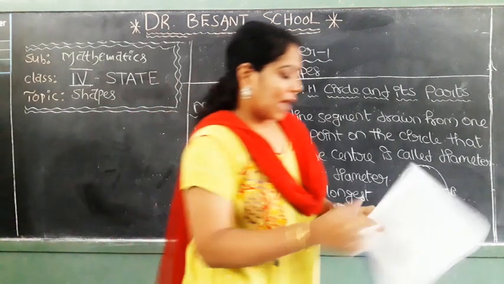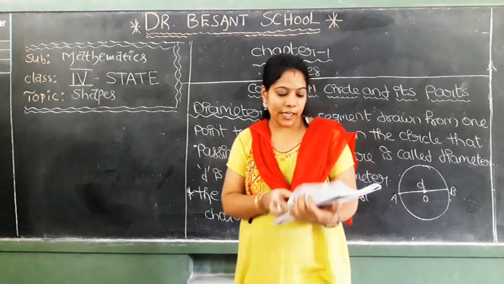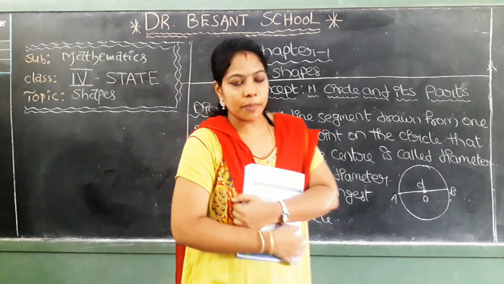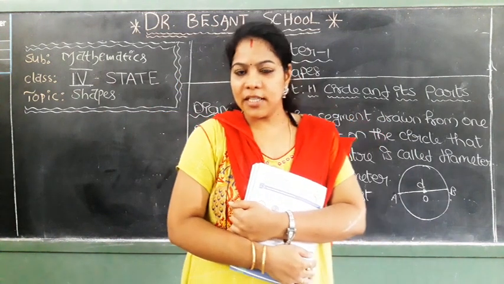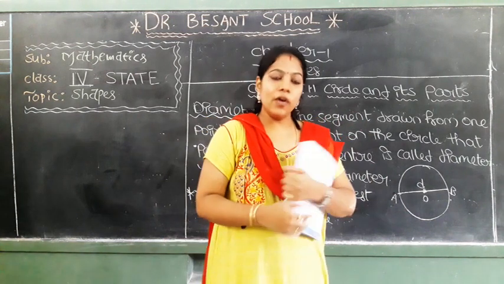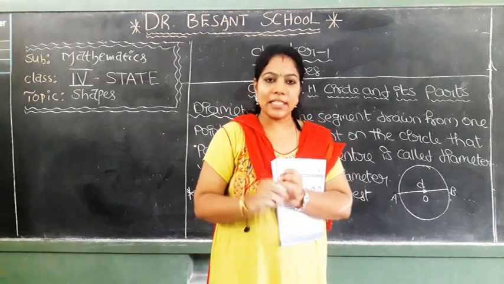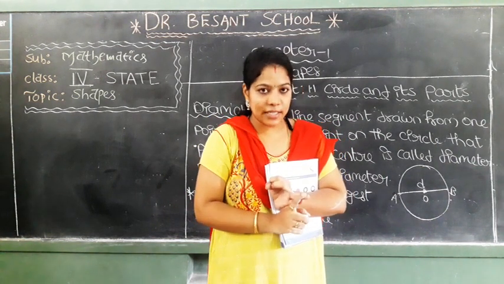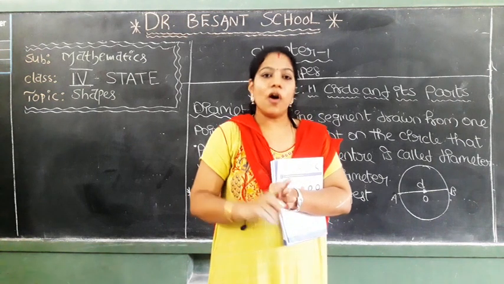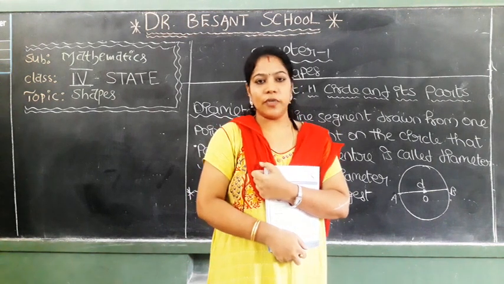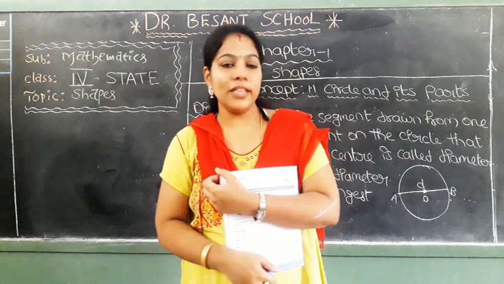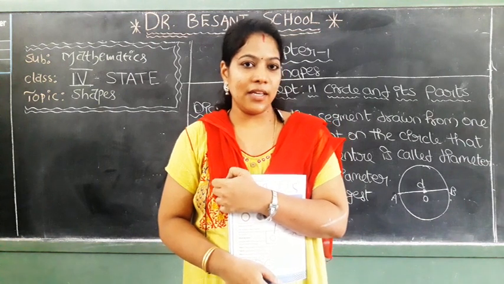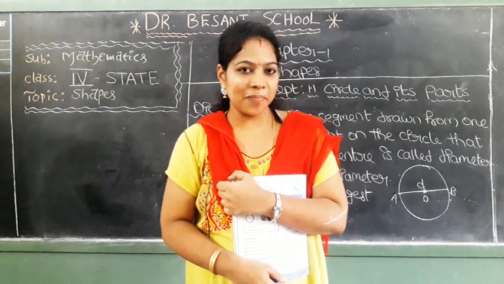I wanted to give the homework also. Okay children, here we already drew all the parts. Everyone understood about the circle parts? In the homework book you have to write what is the center. Draw the circle and put the center. And next, radius, diameter, chord. All these parts, draw all the diagrams in your HW. After drawing all the pictures, take one photo and send it to my WhatsApp number. Will you send the photo of the homework? Thank you children.